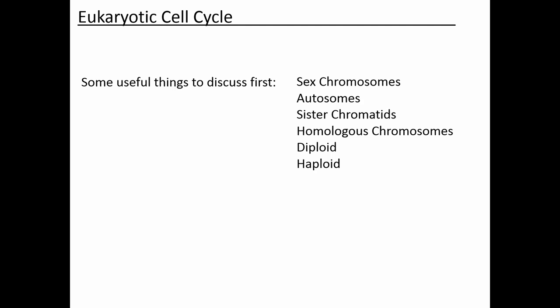An autosome is any chromosome that's not involved in determining sex. So basically, the rest of the chromosomes besides the sex chromosomes are autosomes. If it's not involved in directly determining sex, then it's called an autosome. I previously told you that in humans we have 23 chromosomes in a set, and the first 22 are just numbered 1 through 22, and those are your autosomes.